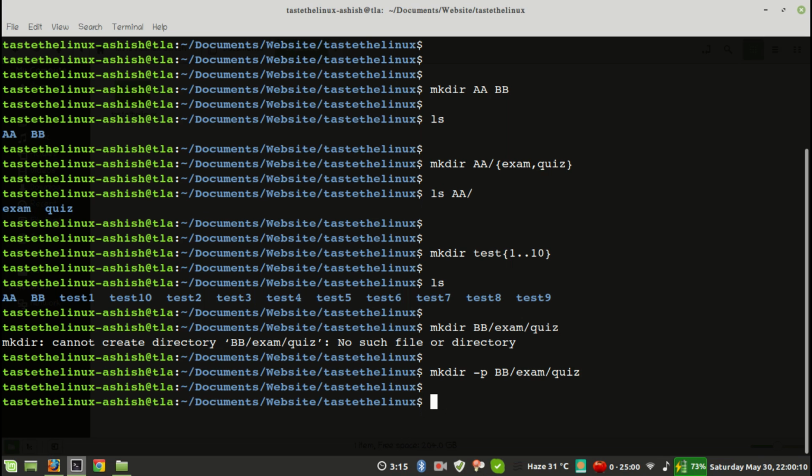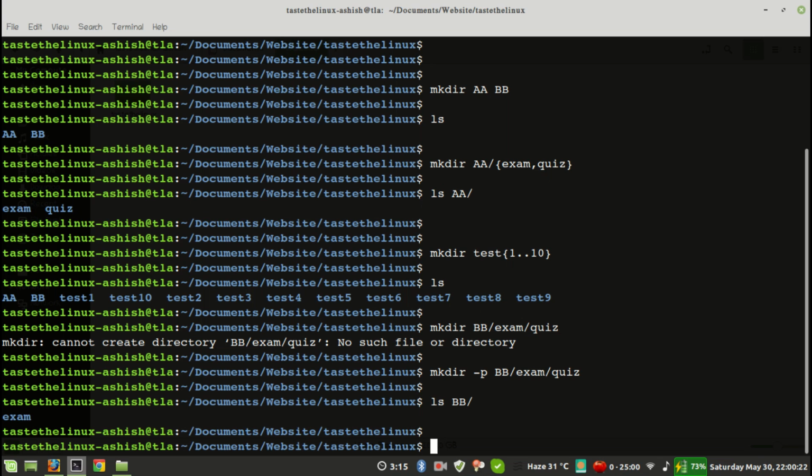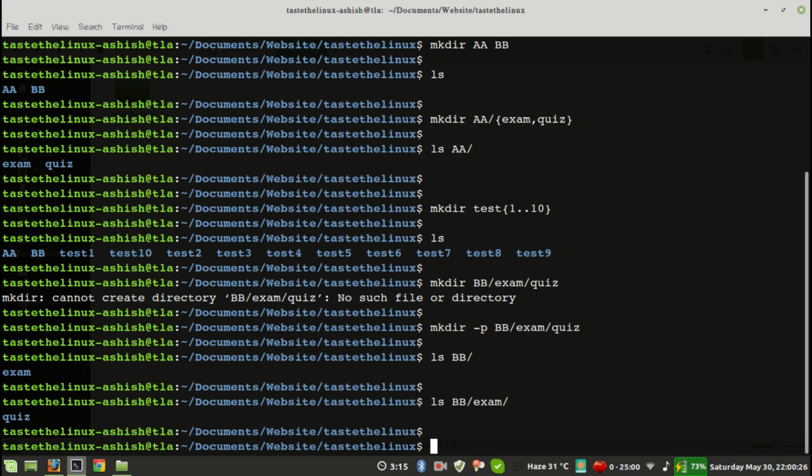While using the -p option, if the parent directory is not created, it will be created. Let's check ls bb. You can see there is an exam, and inside the exam there is quiz.